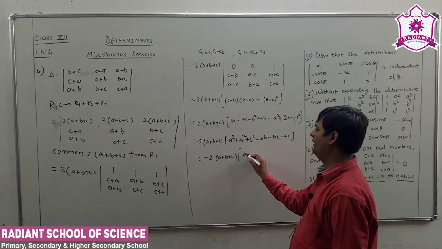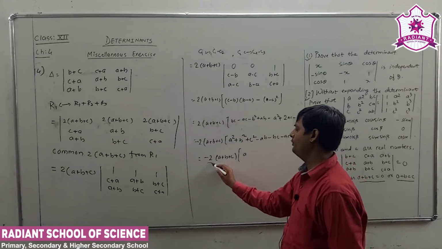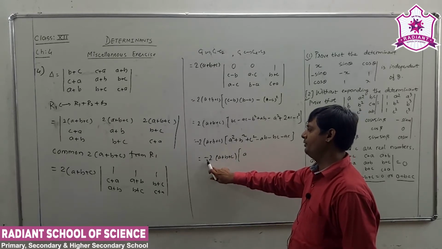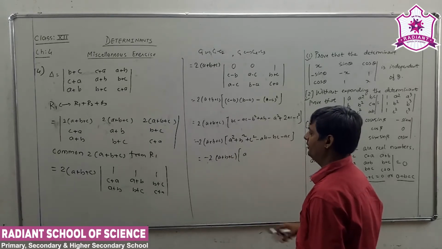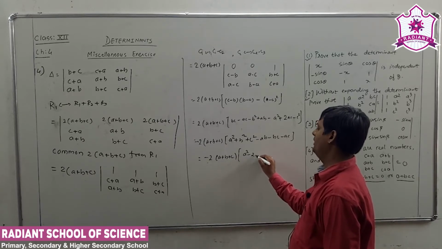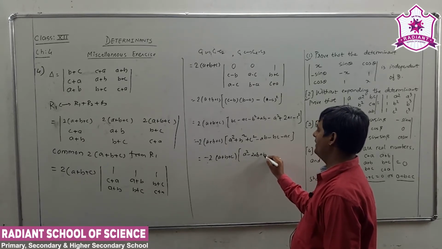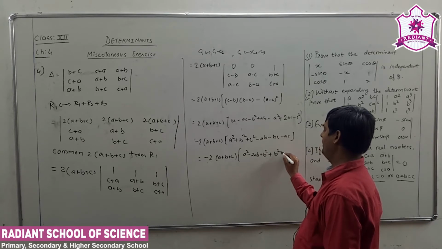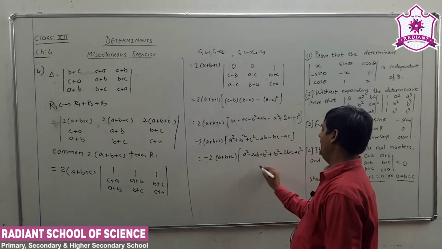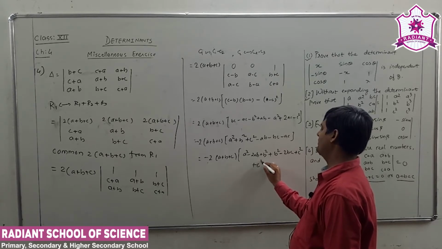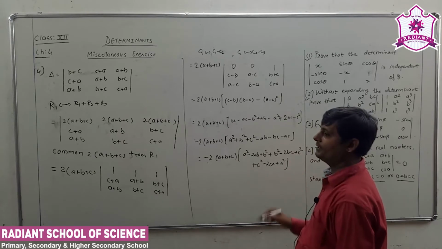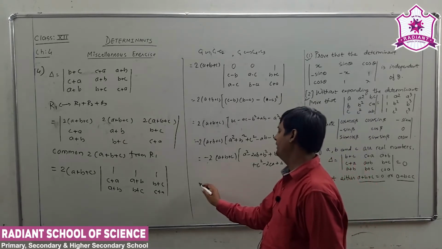Now A plus B. So we simple 1 by 2. So I put the multiply by 2 here. Okay, multiply by 2. So these 2 are there. 2 here multiply. So 2 times A square. So A square minus 2AB and plus B square minus 2BC. Okay, plus C square and plus C square minus 2CA and plus A square. Understand this? Okay.